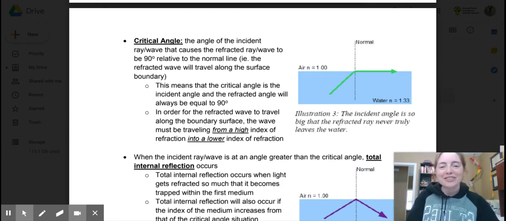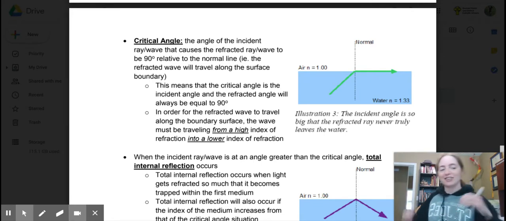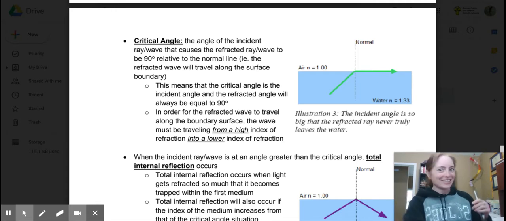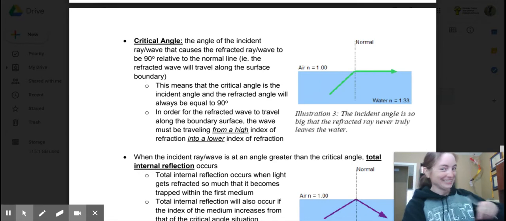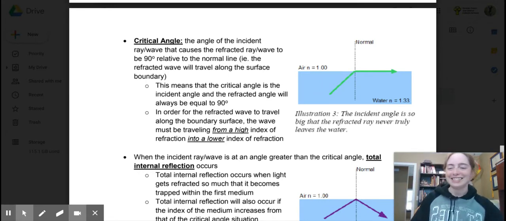Today we're going to be doing part 2 of our reflection and refraction notes, and today we're going to be looking at critical angle scenarios. So it's absolutely critical that you pay attention. All right, so ladies and gentlemen, bad puns aside,